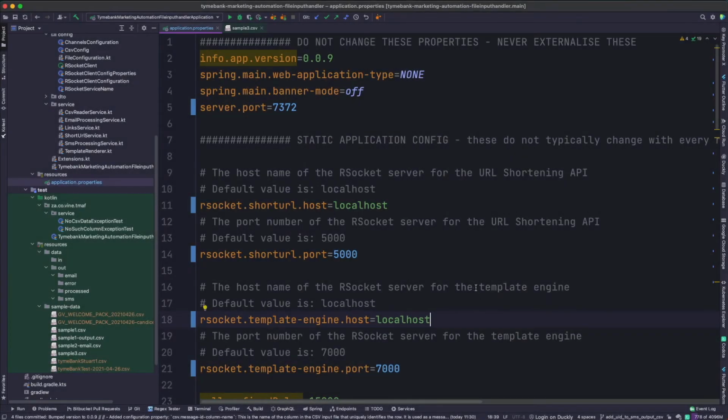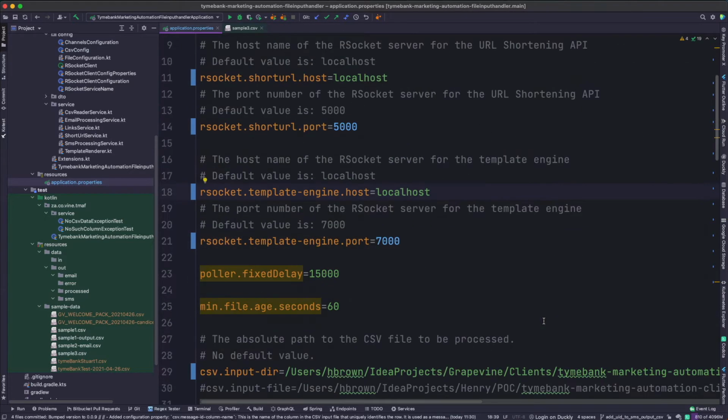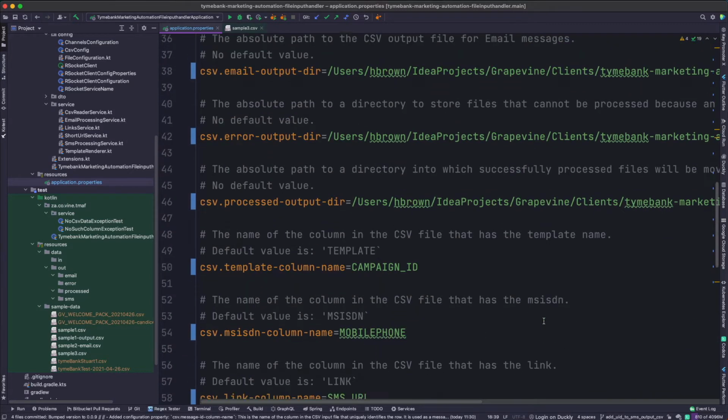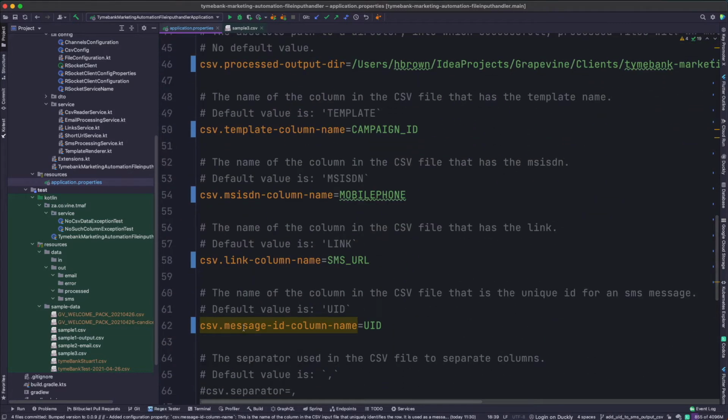Good morning. This is a quick update to the Tymebank marketing automation file input handler version 009. In this version, a new configuration property has been added, which is called